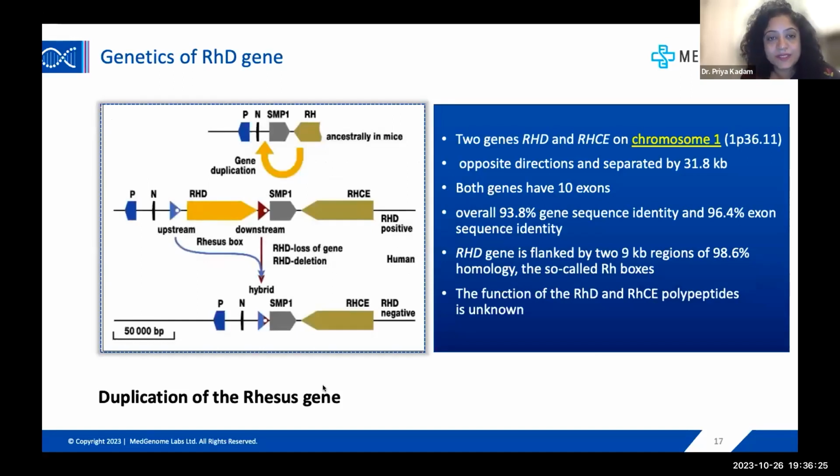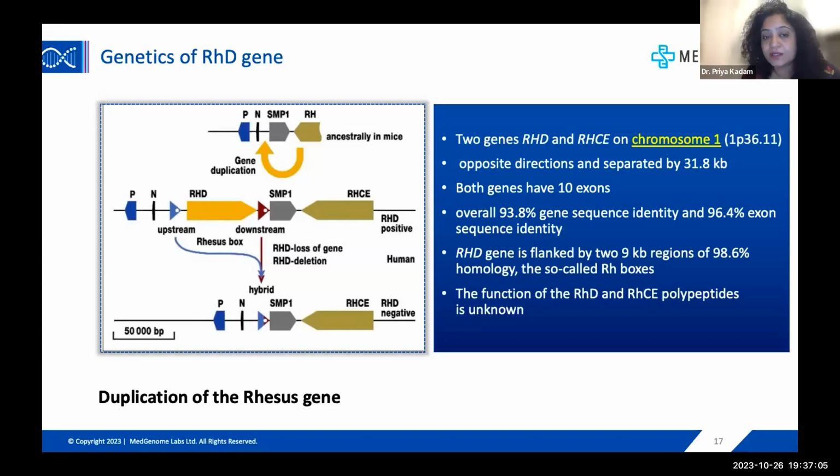So this has also been shown by Dr. Neha. In most of the cases when it is RhD positive, it will have this particular gene, the RhD gene. We know that this complex contains two genes, RhD and RhCE. The RhD gene will code for the RhD protein, and CE is the CE component. This RhD gene is between these two boxes, which are called rhesus boxes. And because of a loss or deletion, most of the Rh negative individuals do not have this gene in this place. So that is why it is not present in the genome, and it will not show the expression